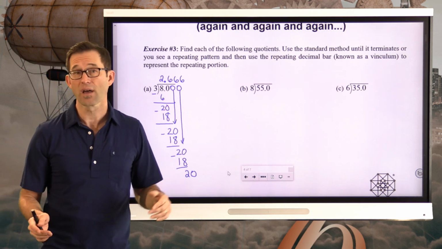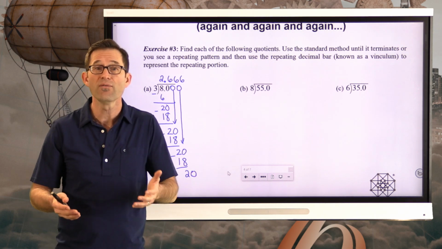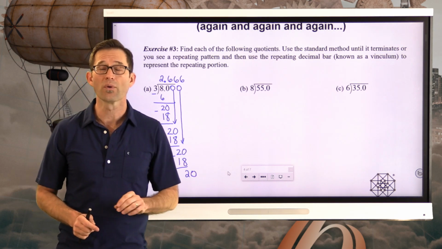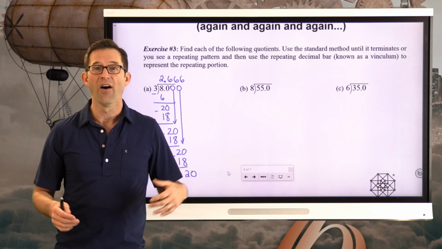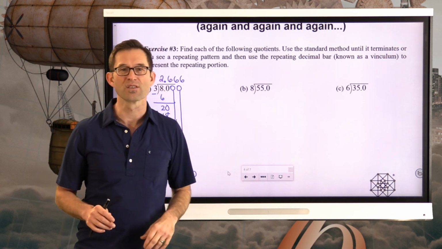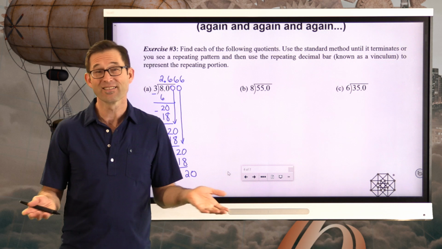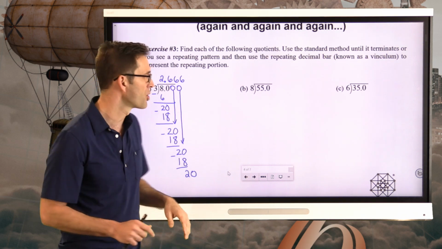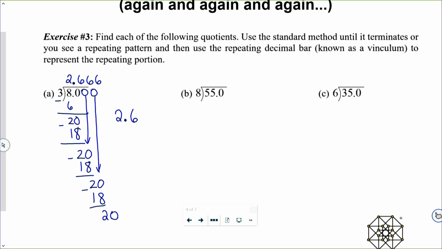I can show that because obviously I can't write out all the 6s. I'd be doing it forever. Literally, there are an infinite number of 6s. I can show it with what's called a repeated decimal bar. It actually has a name. It's called a vinculum. It's a very difficult word to pronounce, and one you absolutely positively do not need to know. But it's kind of a neat little piece of terminology. So what I'm going to do is say my answer here is 2.6 with a repeated decimal